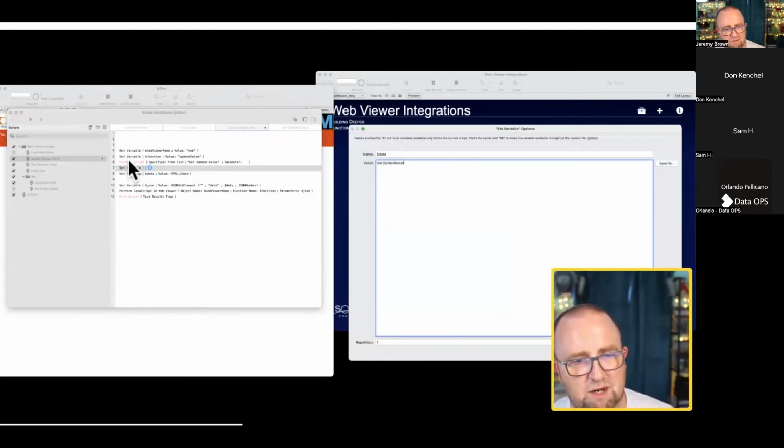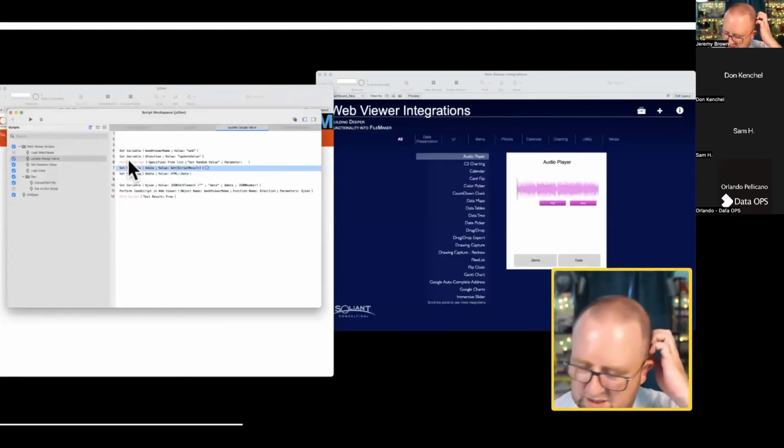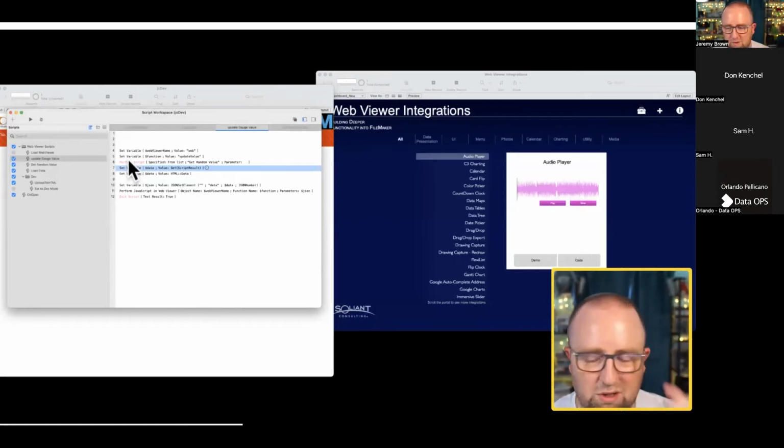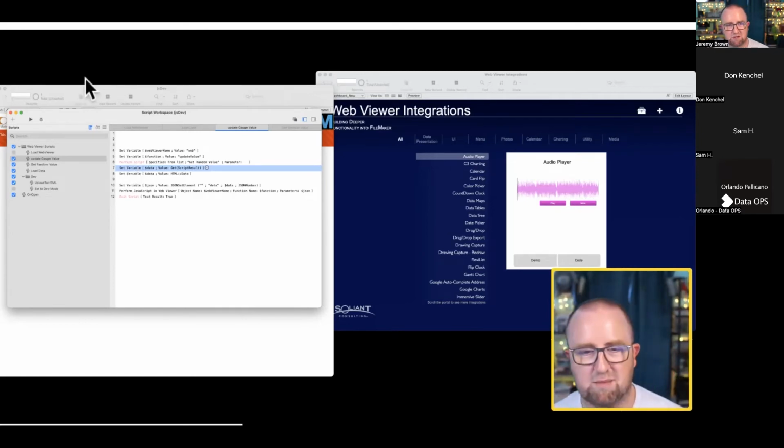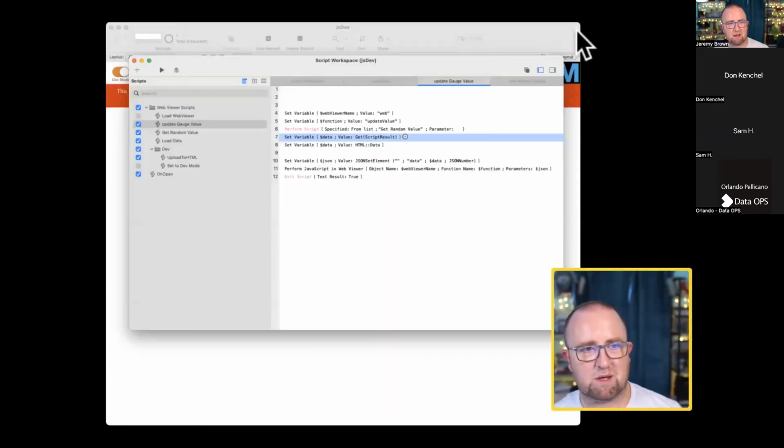I'm trying to build a script that will be called by the JavaScript periodically and will just throw a random value at the charts. I'm not sure if this is the right way, but we're kind of doing